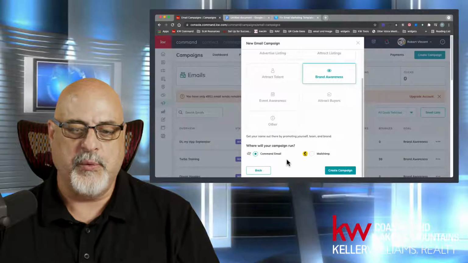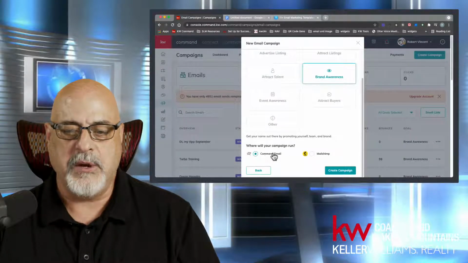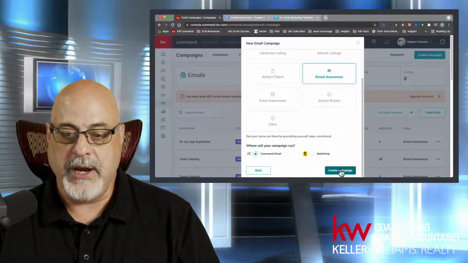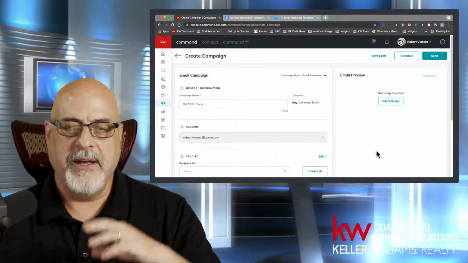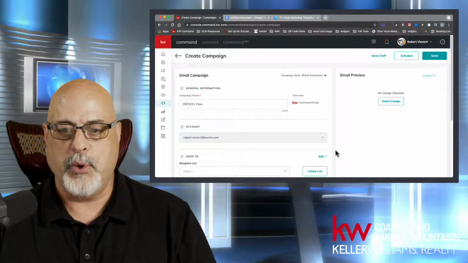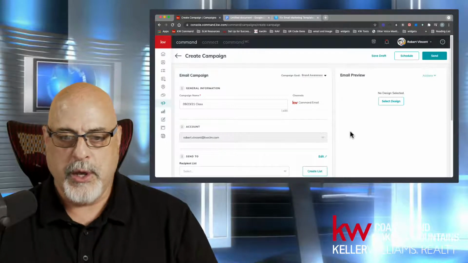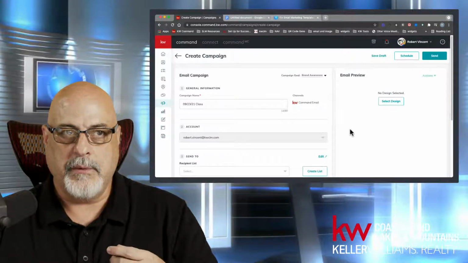I can discuss this further with you on which ones will be best for different situations, but we're going to select the Command email and we're going to stay with that for right now. And I'm going to click on Create Campaign. All right, so here's the campaign designer window. This is where we put the whole campaign together. And this is why I wanted to talk about what we can do with our email that we build,